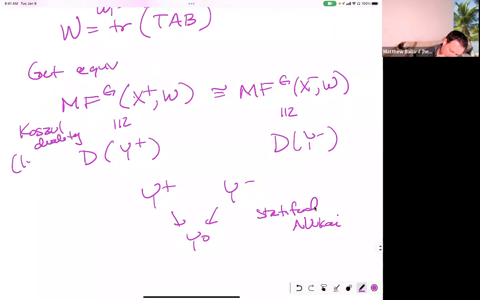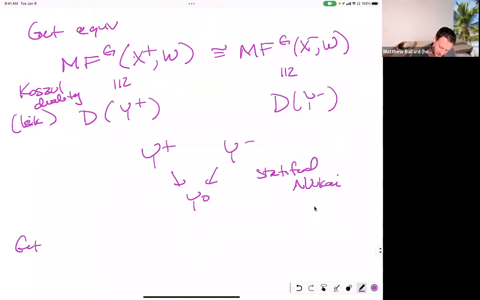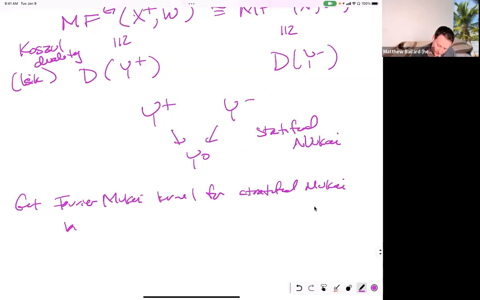So all right, this is like nonlinear causal duality. I mean, it's a result of Umit Isaac, and there's other work by Shipman on this type of equivalence. Okay. So what you get from this is a Fourier-Mackay kernel for stratified Mackay, built using this Q construction. Okay. So we had to pass to matrix factorizations, but at least we have one holistic idea here that allows us to construct